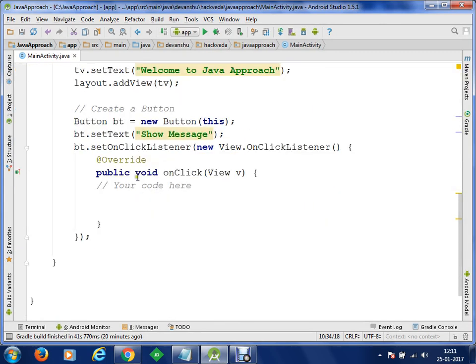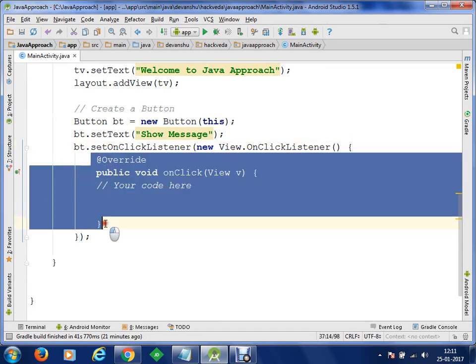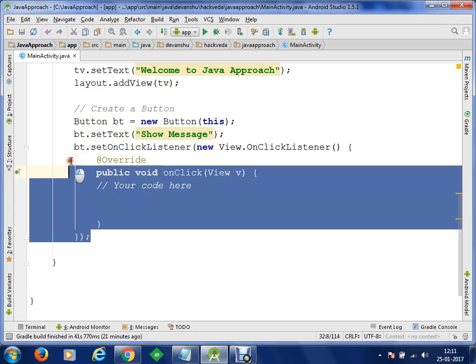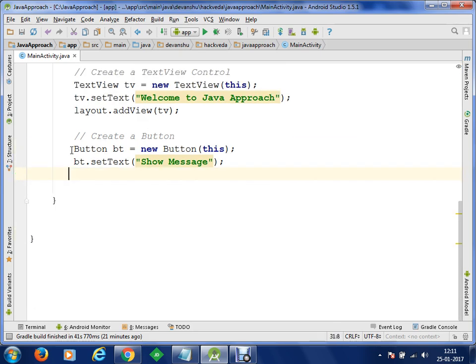So in order to access this method on-click, we have created a new instance of on-click listener interface, and within the body of this interface, यहाँ पे एक नया इंस्टेंस बन गया इसका, उस बॉडी के अंदर जो ऑन क्लिक मेथड है हम उसे ओवरराइड कर रहे हैं. क्लियर? समझे? Otherwise we could have done it another way as well. Let me just do that way. वो आपके लिए ज्यादा बेसिक में एप्लीकेबल होगा. Let me just explain you.